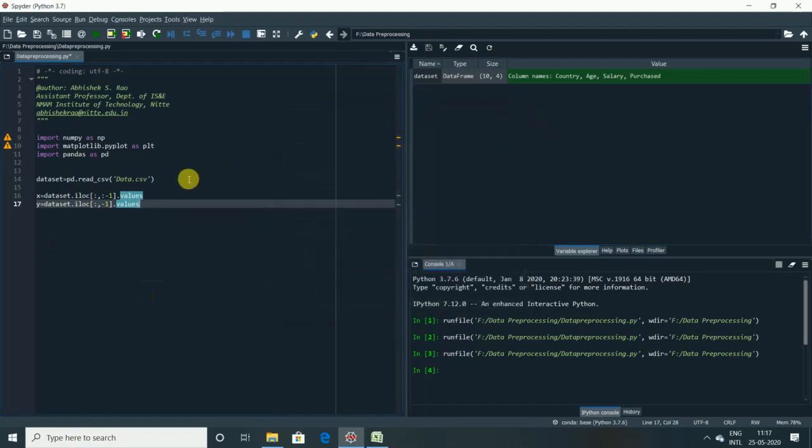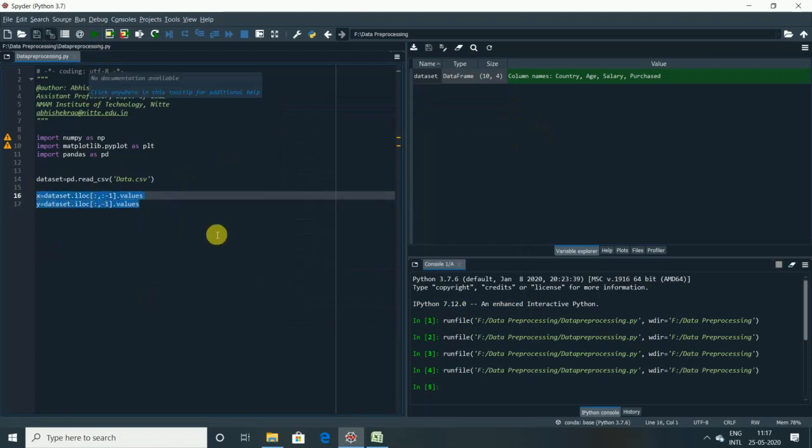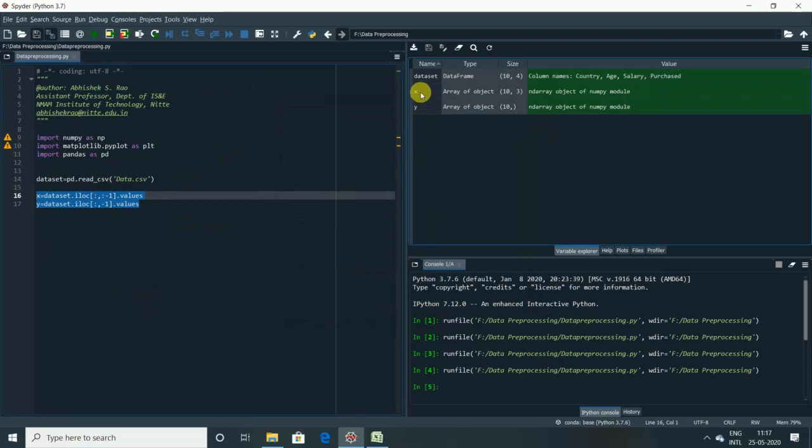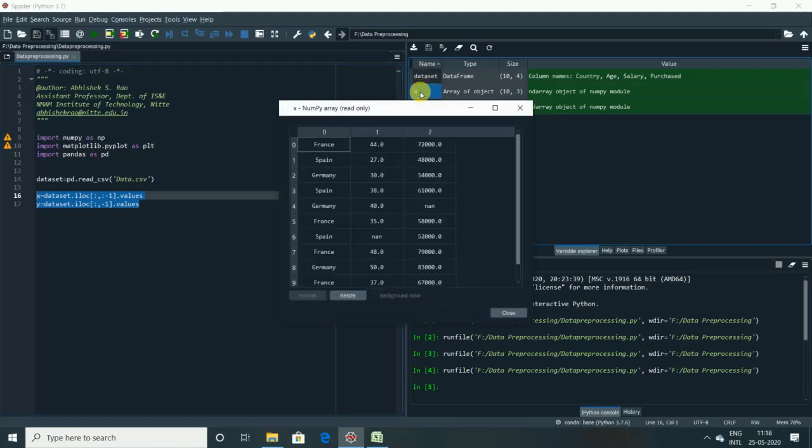Now let us execute this and we'll see those 2 variables and verify our answers. Okay, so let me execute this. Yes, it has executed successfully and we can see in the variable explorer that 2 variables, x and y, were created successfully. Now with respect to the data frame, we'll see what is stored in x and y.